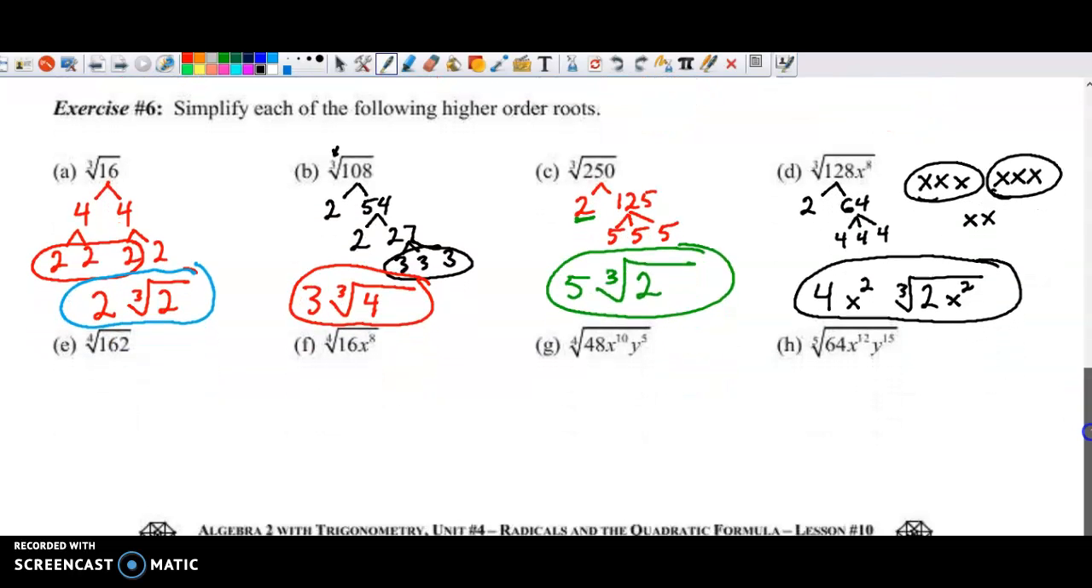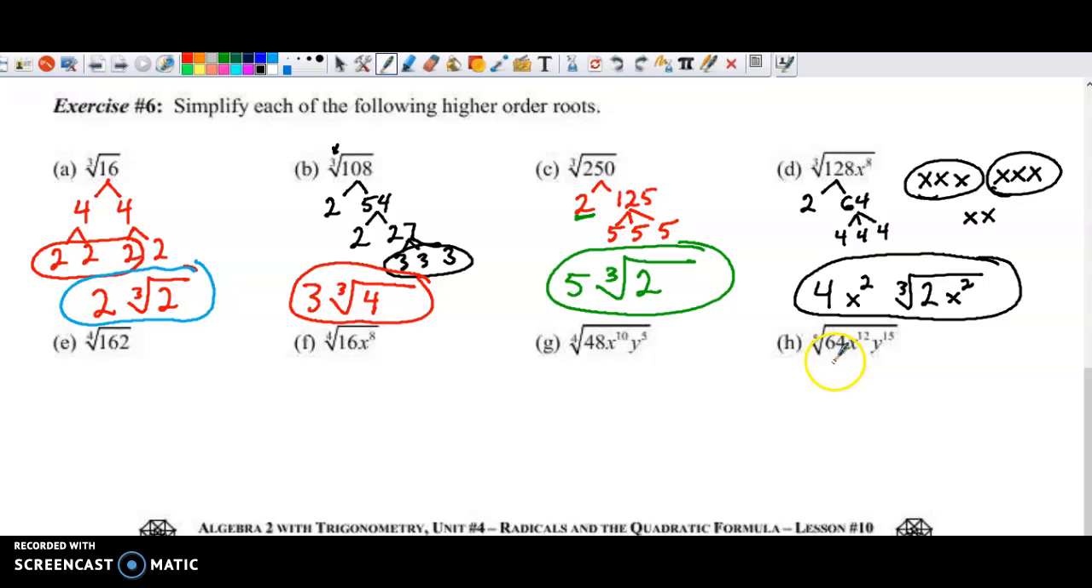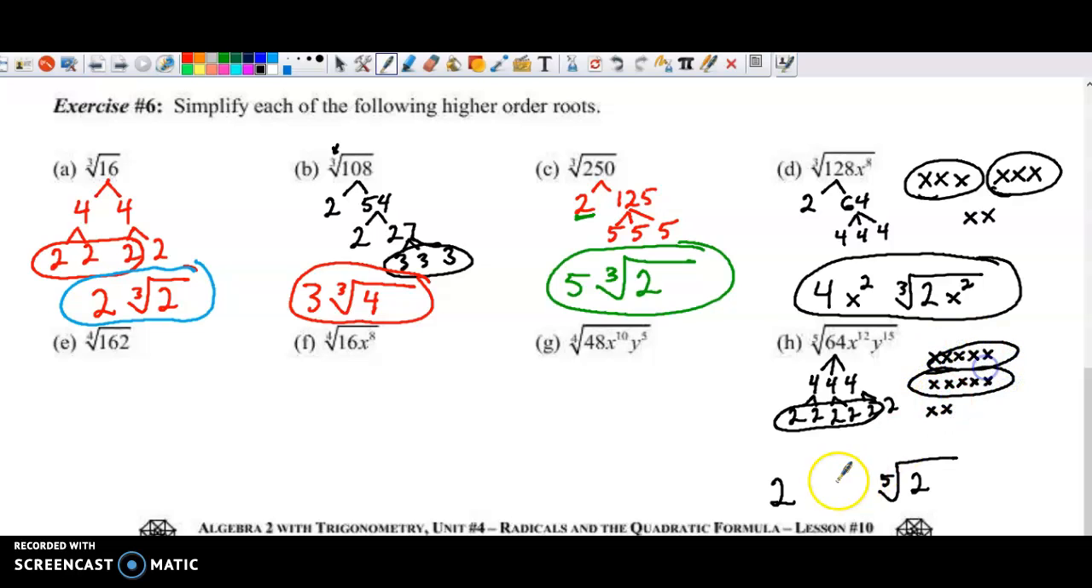So I'm kind of running out of time here, so I'm going to maybe jump to more of these difficult ones of thinking about 64 as 3 4s, and then 2, 2, 2, 2, 2, and 2. Well, I'm looking for groups of 5. So I have one group of 5 with the 5th root of 2 still, and same thing with the x's. 1, 2, 3, 4, 5, 6, 7, 8, 9, 10, 11, 12. So I have 2 groups of 5 to write in front with 2 left over. And then y, there's three groups